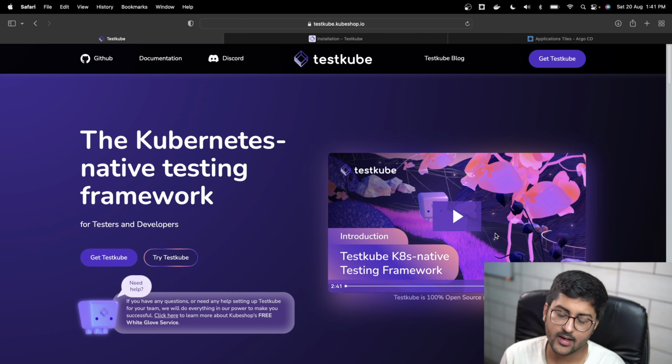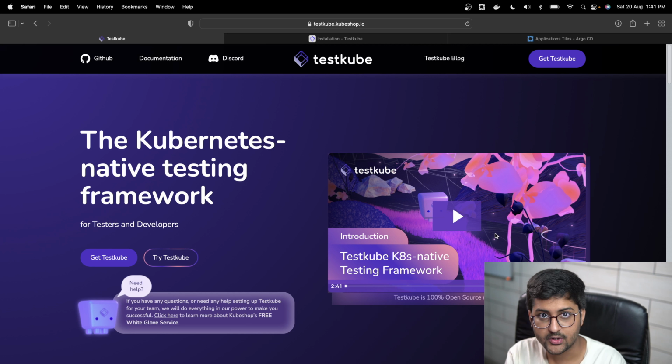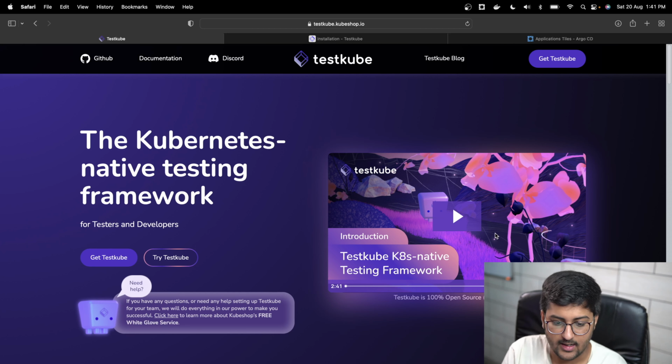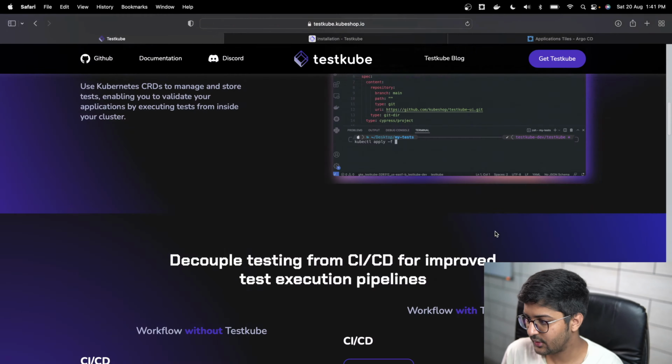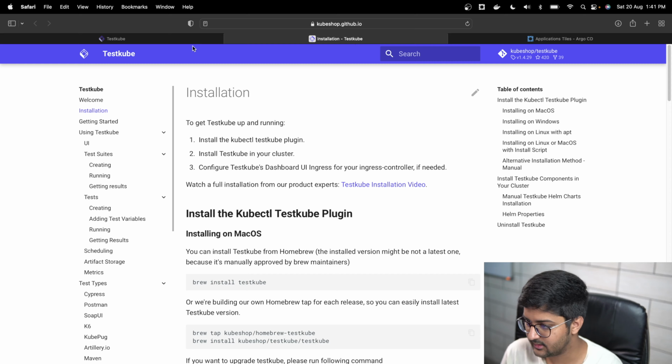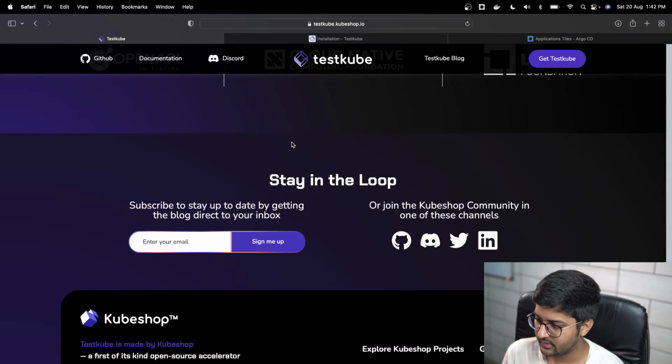Okay, again, as I mention in various other tools that I share about, it's open source, so that's pretty cool. And if you want to learn more about Testkube, you can check out the link in the description below. It's a website, and we're going to be looking at the documentation a little bit, and we're going to see a hands-on demo right after I explain